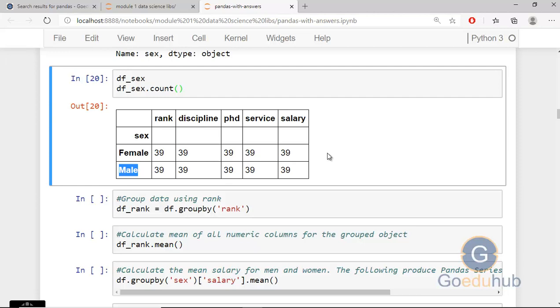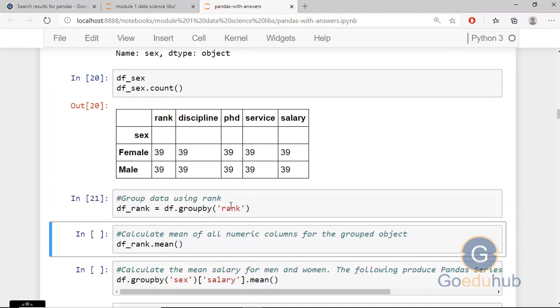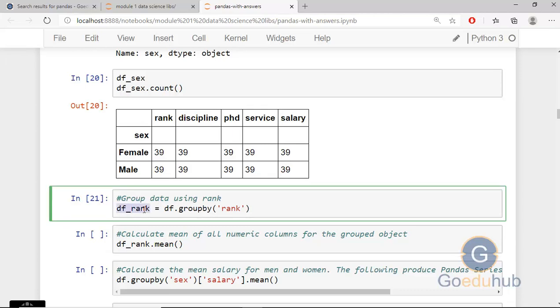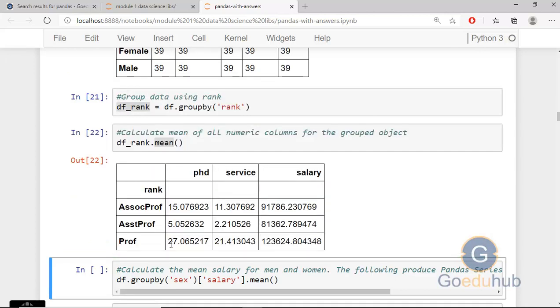Similarly, we will group our data frame on the basis of rank. df.groupby rank, and then we will calculate the mean of all numerical columns. This is grouped on the basis of rank. Rank is an iterator, and then we will apply an aggregation function. So df_rank.mean, and now you can see the output.